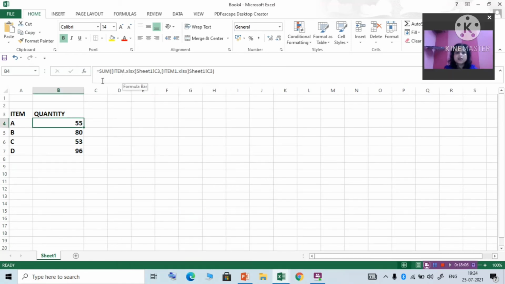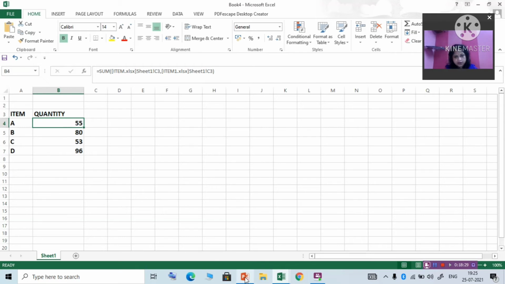Nothing difficult here. First you will write the workbook name, then the sheet from which you want to bring the data, then your cell name or cell range, okay, then a comma, same for the other. If 2 are there, then I have written 2 times because I am bringing the data from 2 workbooks. If 5 will be there, you write 5 workbook names and sheet names, okay.